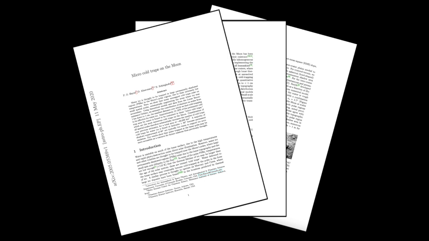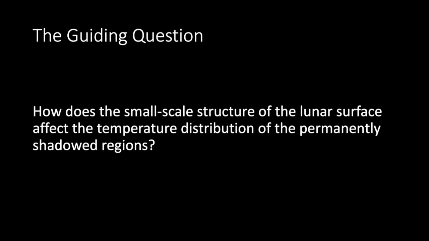Hayden et al. 2021 highlight the importance of the resolution problem by modeling micro cold traps, or areas outside of the large PSRs where small-scale surface roughness creates cold traps on scales down to 10 centimeters on otherwise sunlit terrain. The Diviner data do not capture features on this scale, which may expand the Moon's available cold trapping area by 10 to 20%. The goal of my project is to expand this work into the PSRs themselves by examining how